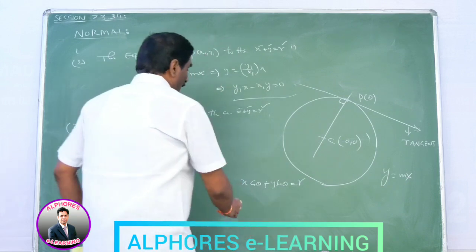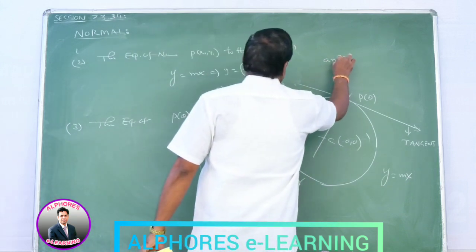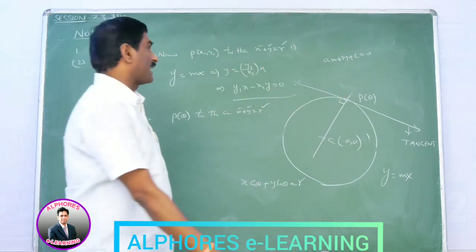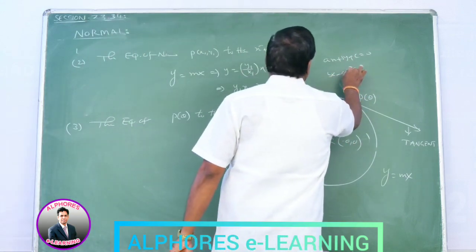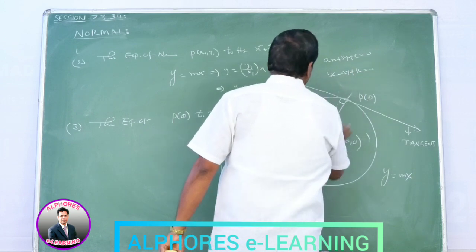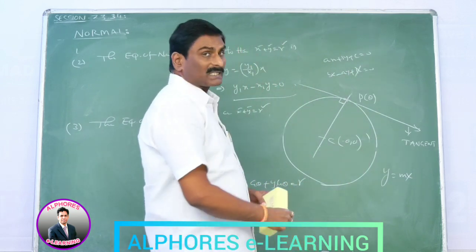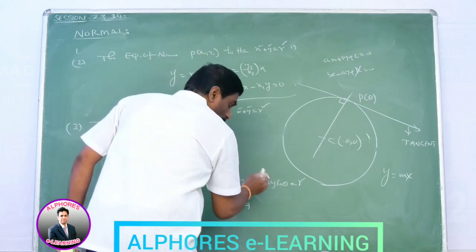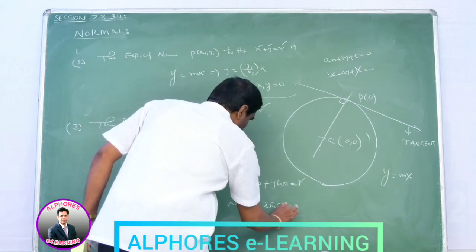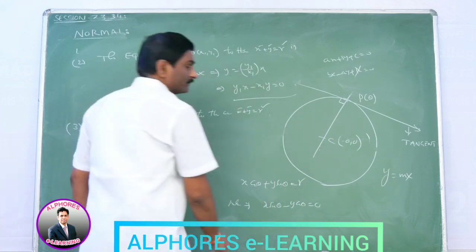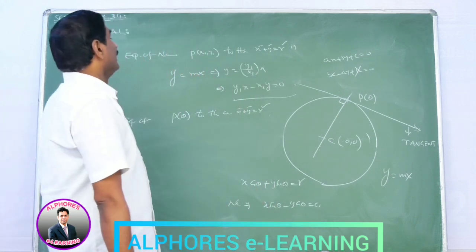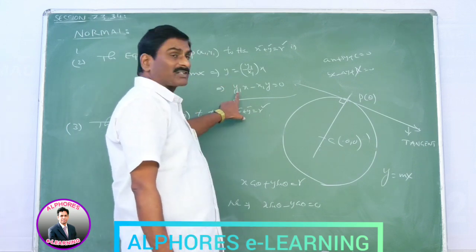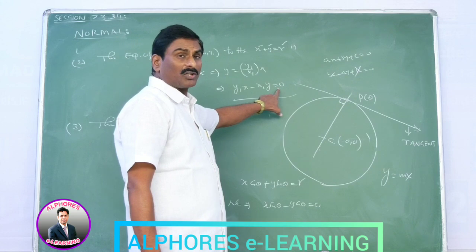That means the perpendicular equation. If the line ax plus by plus c is one of the lines, then the equation of the line which is perpendicular to that line is bx minus ay plus k is equal to 0. But this line passes through the origin, so k is 0. That means bx minus ay is equal to 0. So the equation of the normal is, you interchange the coefficients, x sin theta minus y cos theta is equal to 0. Or if the point (x1, y1) lies on the circle, then the equation of the normal is y1x minus x1y is equal to 0.